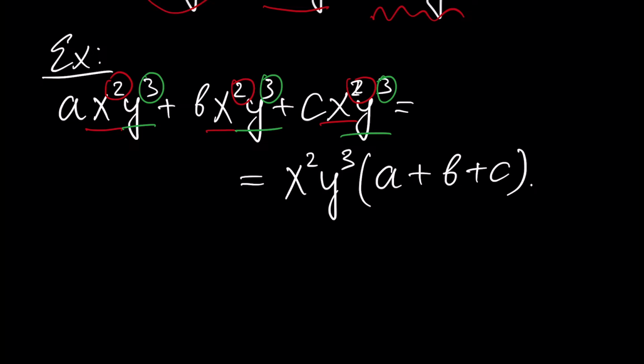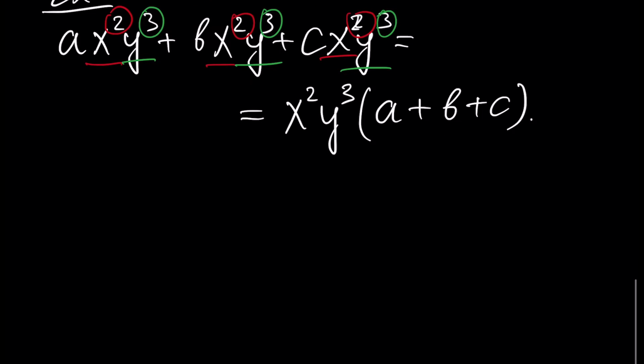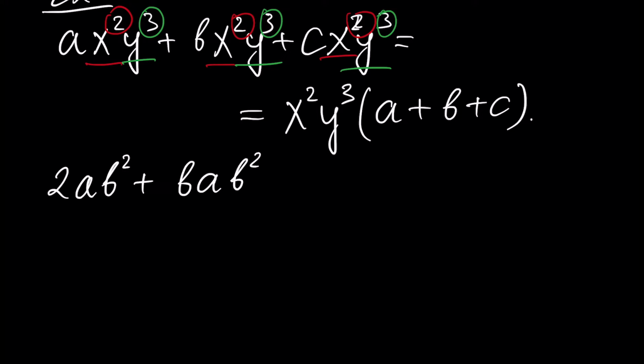Another example is, assume we have 2ab squared plus ab squared, and of course this monomial can be written also as ab cubed, because these two factors of the monomial can be multiplied, and b times b squared is b cubed, plus